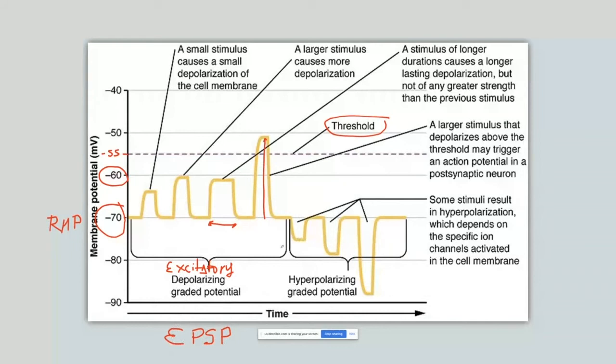Okay, so all of these, you're going to see that the distance goes a lot farther away from the threshold. So it's going to be a lot more difficult to reach the threshold. And you have to imagine that, for example, a neuron is receiving two potentials at the same time. Let's imagine that a neuron is receiving this excitatory potential that normally makes it reach the threshold, but at the same time is receiving from other two dendrites this hyperpolarizing and this hyperpolarizing.